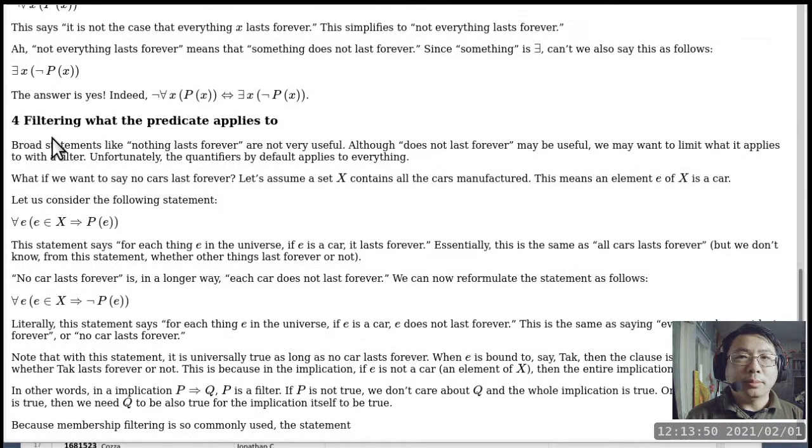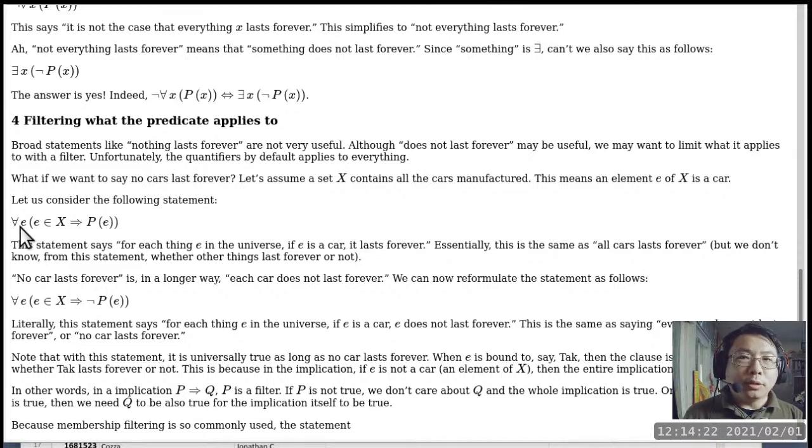Section 4 talks about how we need some kind of a filter, because the quantifier itself applies to everything in the universe. So it is the expression inside that can say, if something is not an integer, don't even bother to ask whether it is even or not. Okay, so this is a very common thing that people need to do in order to use quantifiers.